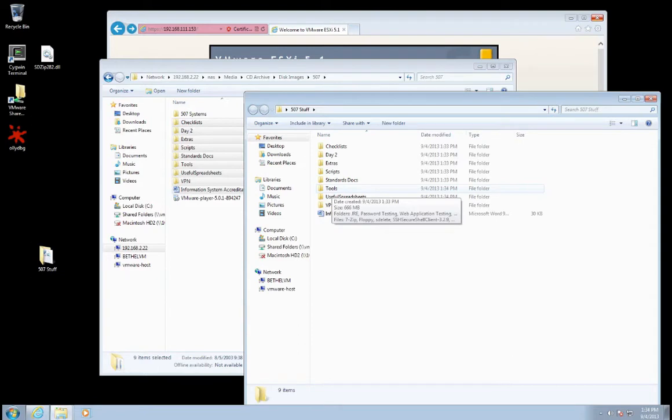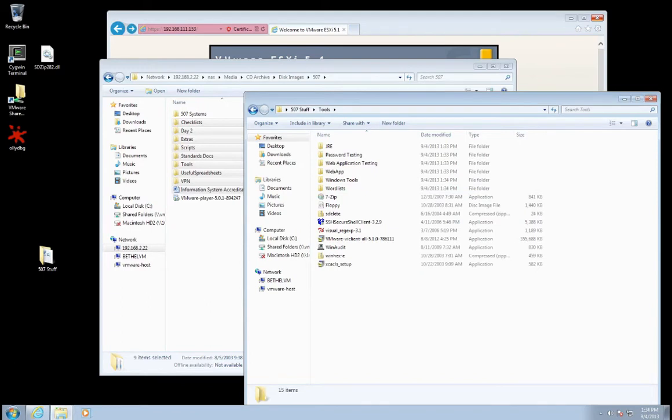However, now that this is copied over, let me go into Tools. The VMware client, though, is used not just for the ESXi hosts itself, but also to connect to that same vCenter server. That means that there's a single unified interface, and the options that are available simply change based on what you're connecting to and what level of licensing you have from VMware. Well, let's go ahead and install this. So I'll simply double-click,